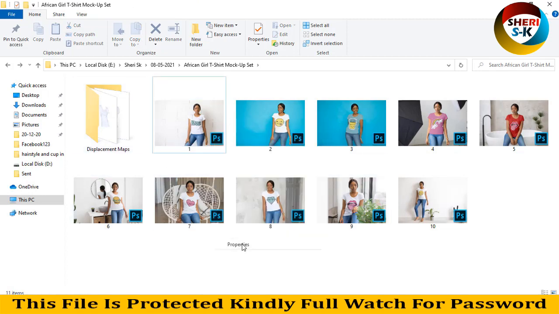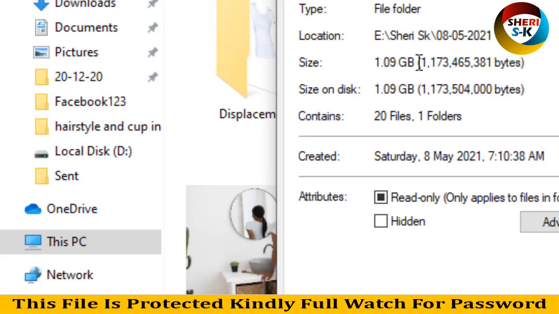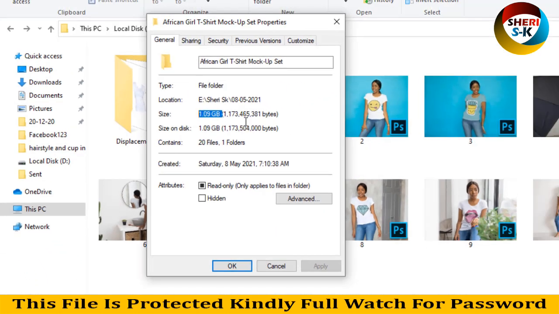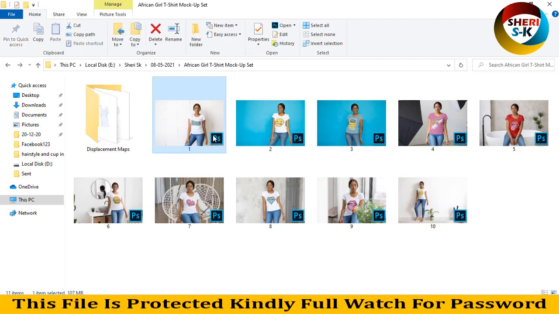property. Click here and you see 1.09 GB. So don't worry, I will compress it for you to some MBs. Okay, so and drag this file to Photoshop,